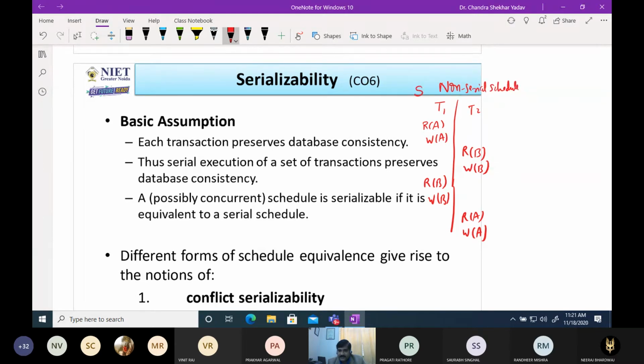Suppose this is S1, and this is the equivalent serial schedule of this non-serial schedule.